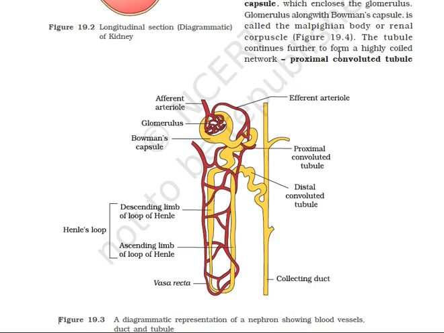One end of the nephron contains a cup-shaped structure called Bowman's capsule, which contains a network of capillaries called the glomerulus. Then the highly coiled tubular structure is seen, that is in the yellow color. The brown color you see are the blood vessels. In this highly coiled tubular structure, the first part is the PCT, that is the proximal convoluted tubule. Then is the loop of Henle, where the one going down is the descending and going up is the ascending, and then the distal convoluted tubule, which opens into a collecting duct.